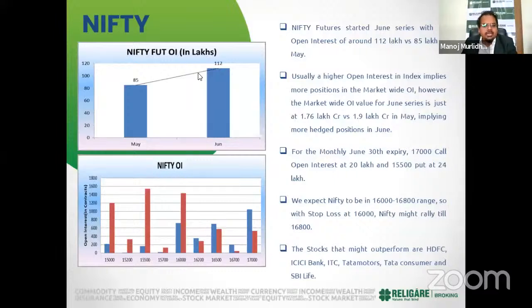So as I said, generally what we do is the first thing is to simply compare the position with what the June series have started. So if you see, we have simply mentioned here that the June series for Nifty Futures open interest is around 112 lakhs versus what we saw when we started the May series at 85 lakhs. Now, what it simply says is there are two reasons why we would see an increment in the position that the traders or the participants take into the